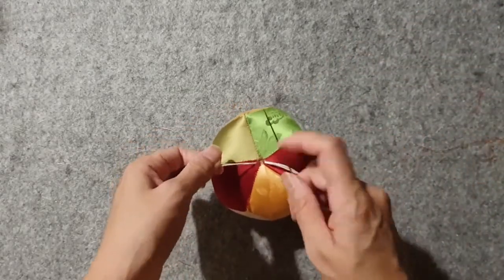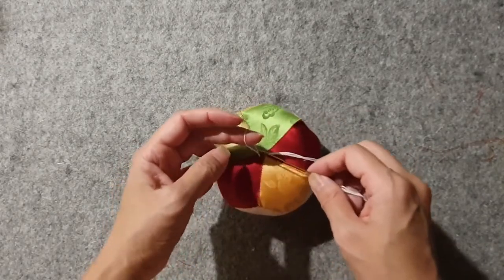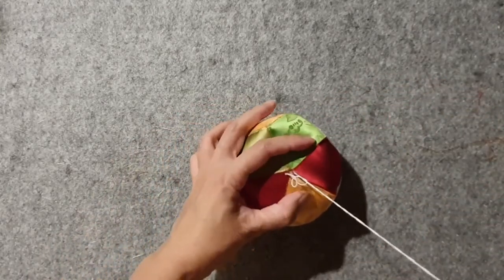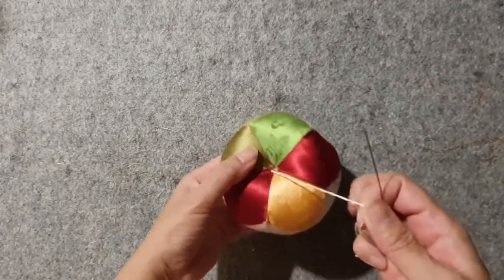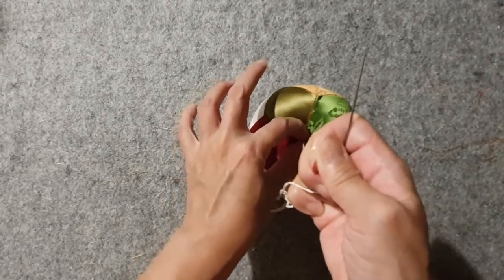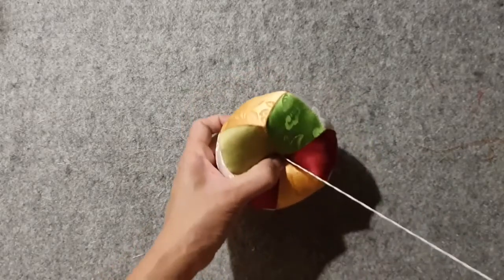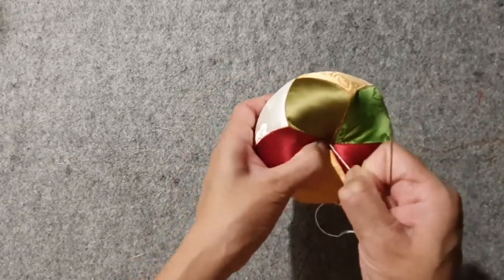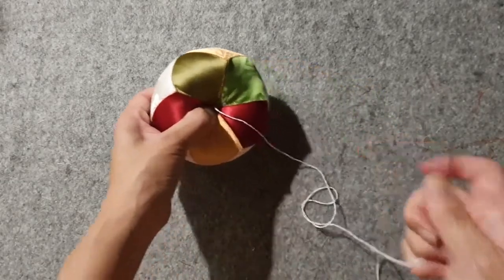And when you come out, make sure your needle goes through the loop this way. This will securely close up the first stitch, like so. And you want to gently push the center a little bit to help guide the string, the thread,